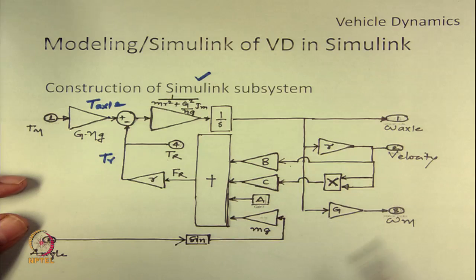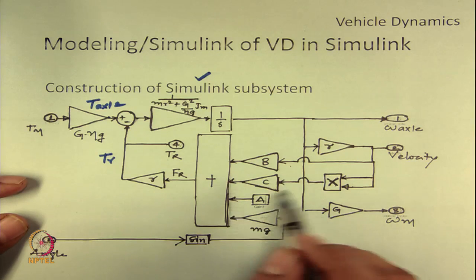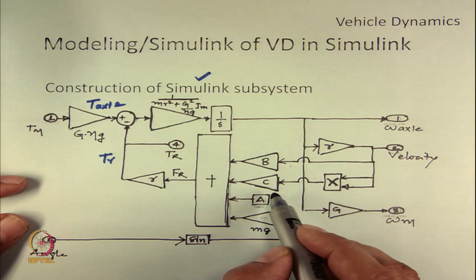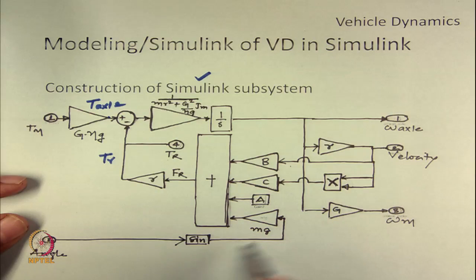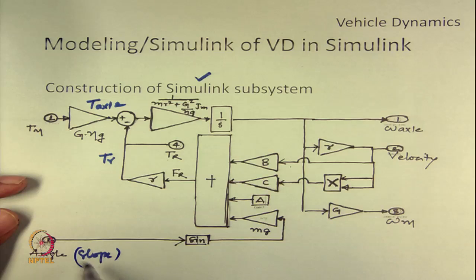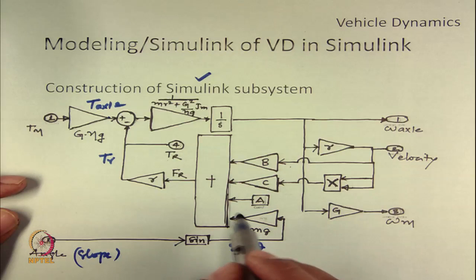Fr is basically A plus Bv plus Cv square plus mg sin theta. So, another input to this system is the slope angle. So, if we know the slope, we can define the angle, and it can be multiplied by sine function to get basically here sin theta, and if it is multiplied by mg, we get basically here